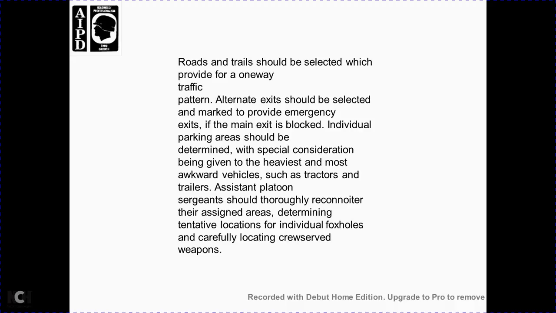Roads and trails should be selected to provide a one-way traffic pattern. Alternate access should be selected and marked to provide an emergency exit. The main exit and individual parking access should be determined, with special consideration given to the heaviest and most awkward vehicles such as tractors and trailers. The assistant platoon sergeant should thoroughly reconnoiter the assigned area to determine the tentative location of individual foxholes, carefully locating